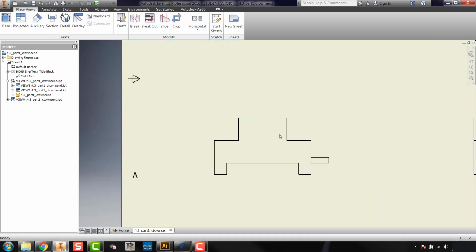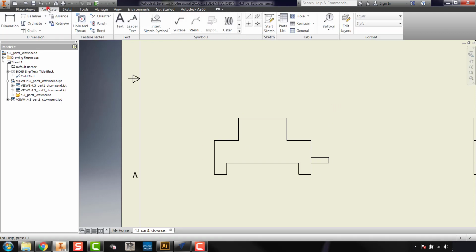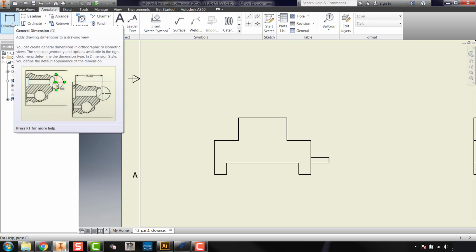And I'm going to go through and count vertical lines to see how many width dimensions I actually need. So I have 1, 2, 3, 4, 5, 6, and 7. Minus 1 is 6, so I need 6 total dimensions. So if I go up to the Annotate tab at the top left corner, it brings up my dimension command. I'll click on General Dimension,